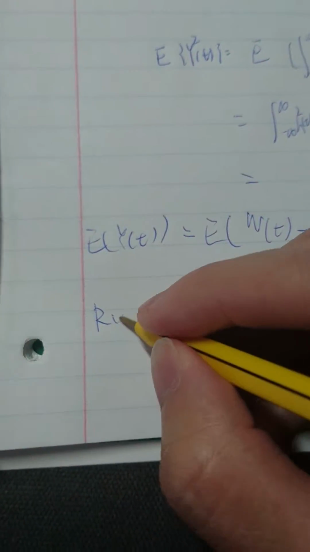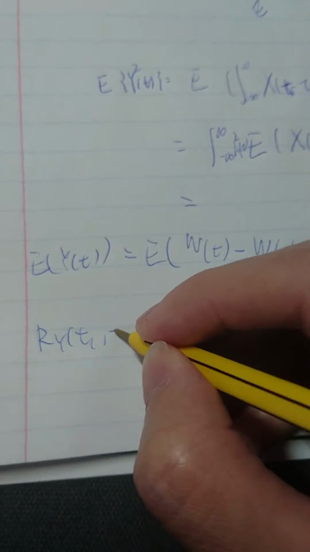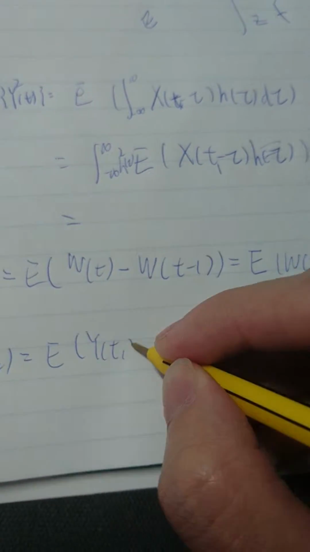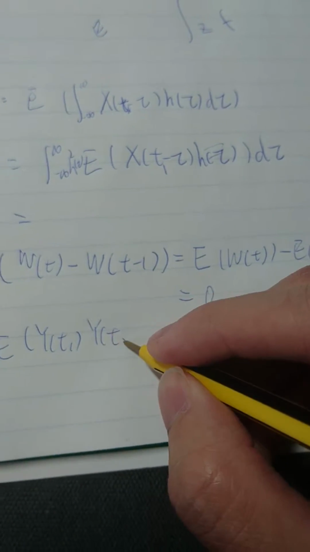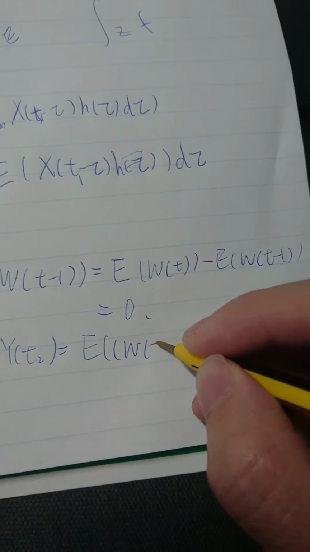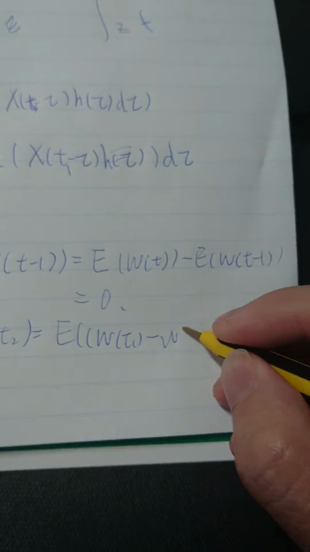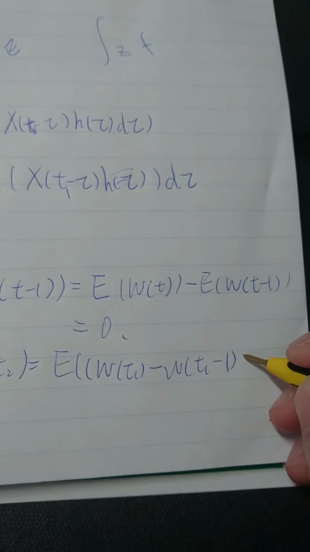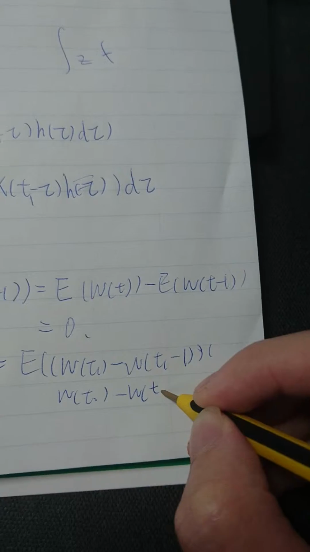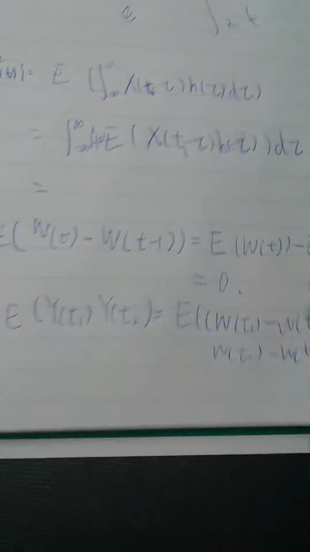The autocorrelation of Yt is equal to the mean of Yt1 multiplied by Yt2, and it's equal to the mean of (Wt1 minus Wt1-1) multiplied by (Wt2 minus Wt2-1). And this can equal the mean of